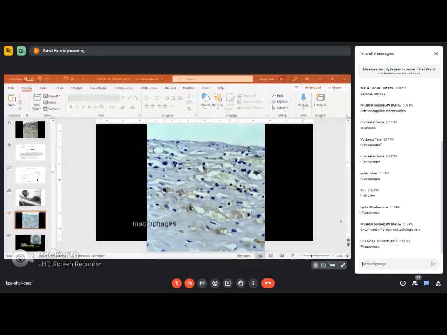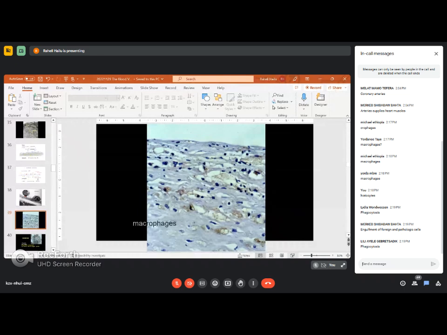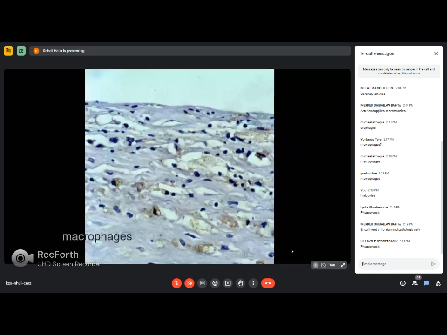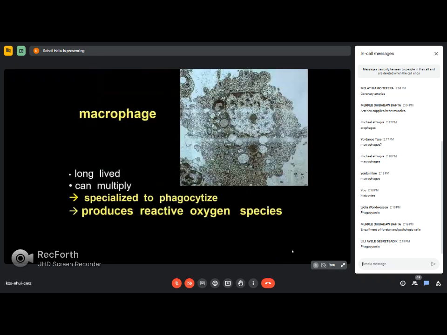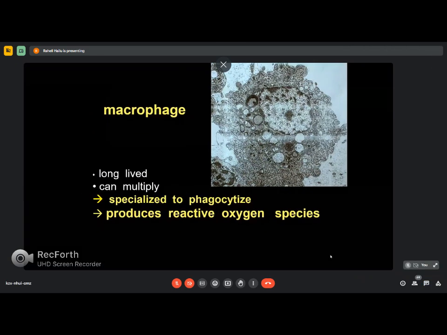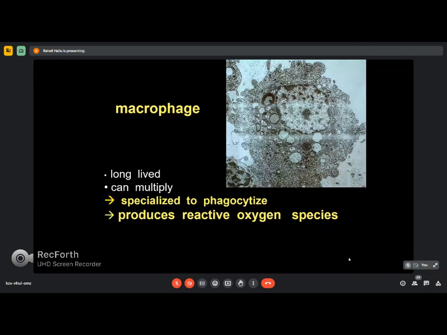Phagocytosis, yes, that is. They're kind of chronic inflammatory cells. They phagocytize and degrade fixed substances that cannot be removed by the neutrophils or lymphocytes or any antigen-antibody reaction. That is their main function. And like I said, they're chronic inflammatory cells,